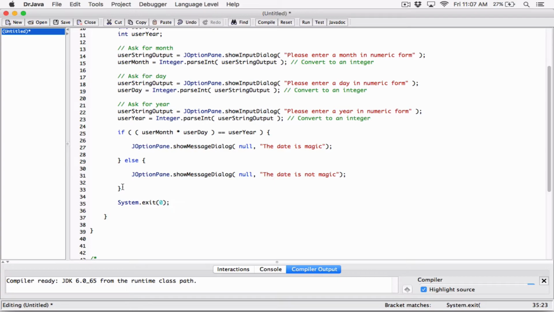Because anytime you start the JOptionPane, an extra task is created, and it's called a thread. And if you don't call System.exit, it's going to keep running. So System.exit will terminate that thread. And the reason why I put in 0 is just